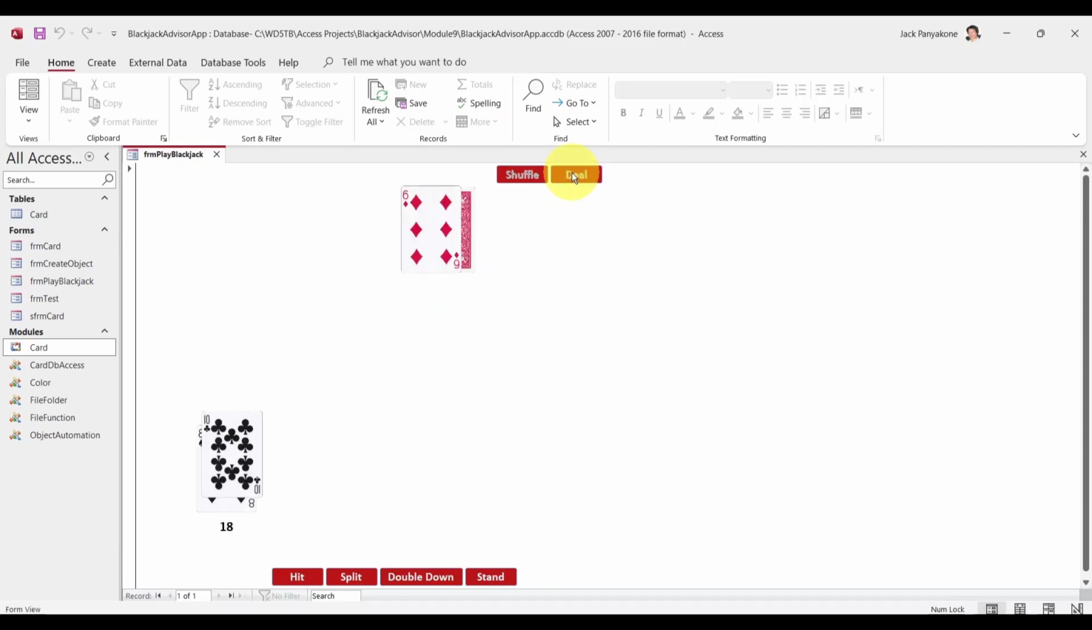Deal, stand, good, deal. I'm going to keep standing until we find blackjack on the dealer side, because that's what we are interested in. So that's 20 right there. How come it says 10? So let's